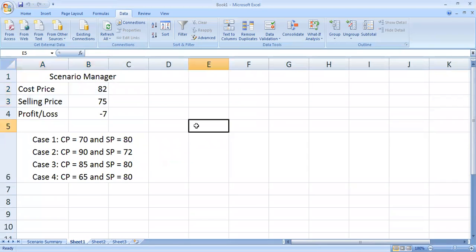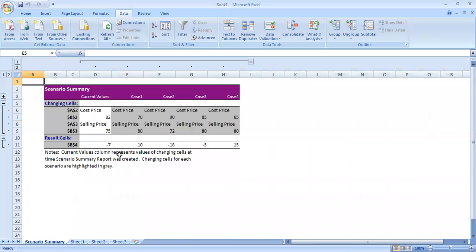We can consider more cases also. Like I have taken only 4 cases, you can have more cases also. You can show, like if you are having the sales in the month of January, you have a sales of 50 items, and then in the month of February you have a sales of 60 items, and accordingly you are telling the profit also. So what will happen if we will be having the sales of these items in the month of March, April, May, and June? So you can calculate accordingly. So this is what we can do with the help of scenario manager, and this is how we can create this summary of different scenarios.